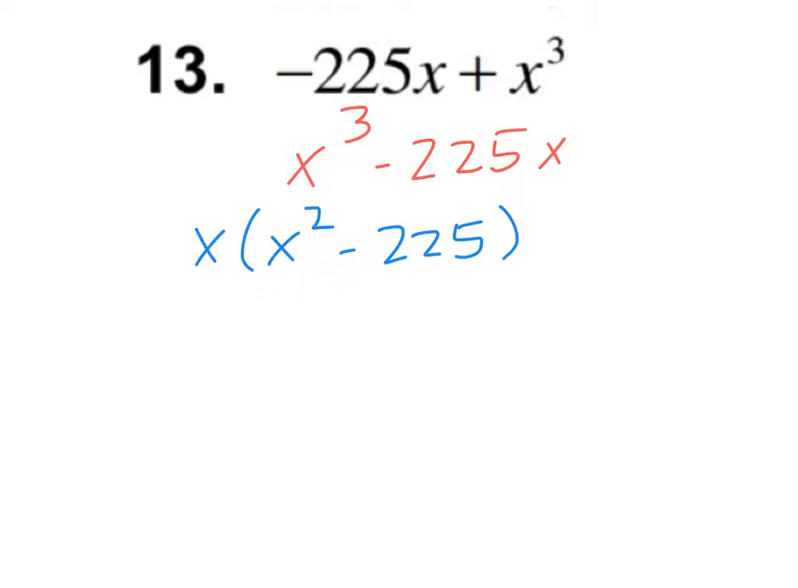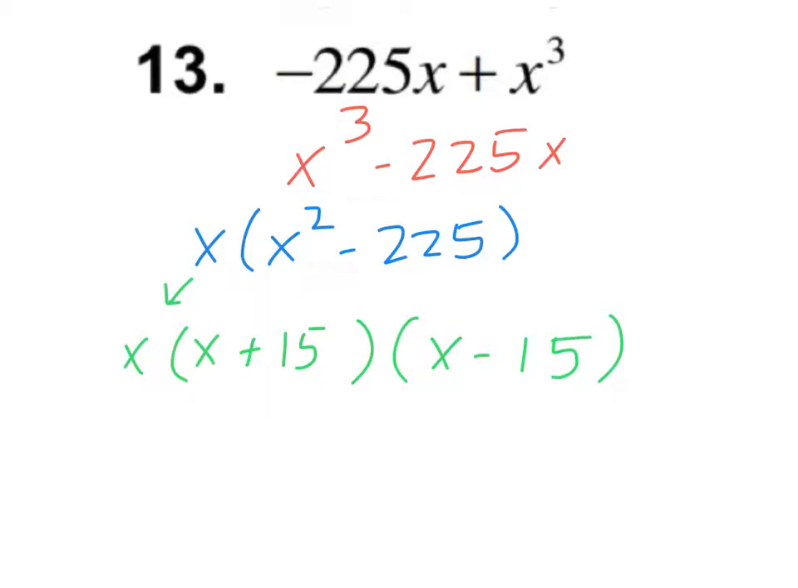So now in parentheses I have two terms. X squared is a perfect square, 225 is a perfect square. They're being subtracted, so that's the difference of perfect squares. So I'm going to bring down my x that's out front, and then I'm going to factor. So this should give me x plus 15